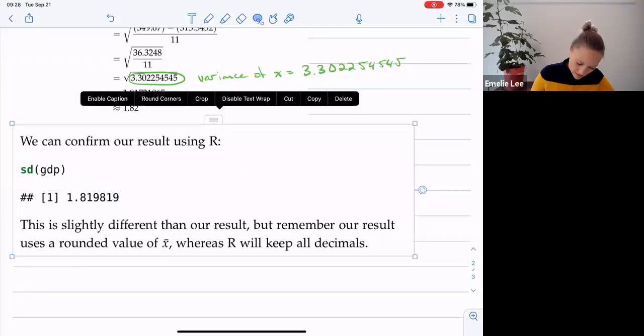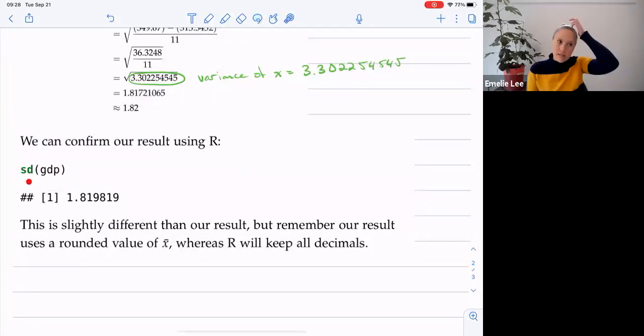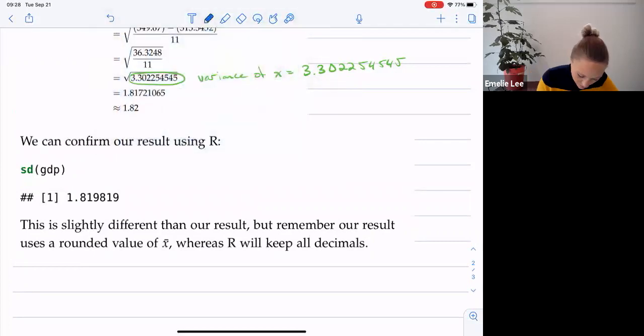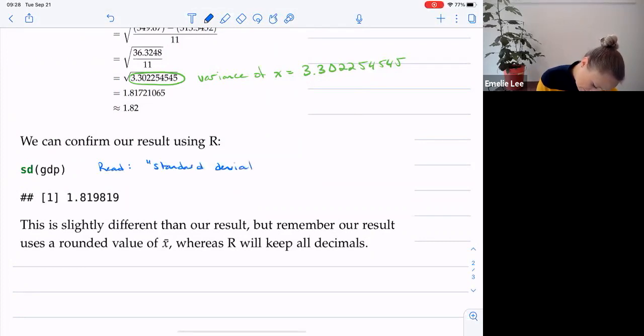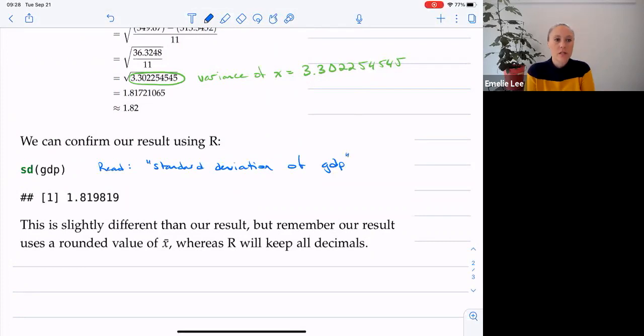So we can confirm it using R, right? And so here we can use this SD function, the standard deviation of GDP, right? So just as a refresher, you're going to read this as the standard deviation of GDP, right? That GDP data set that we entered. I just want to emphasize the "of" because I find it's going to be really useful later on, right? When we start to read these functions as if they're function notation, then it makes more sense, right? The standard deviation of GDP is